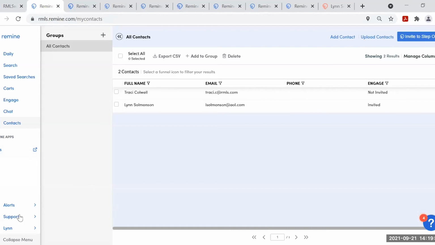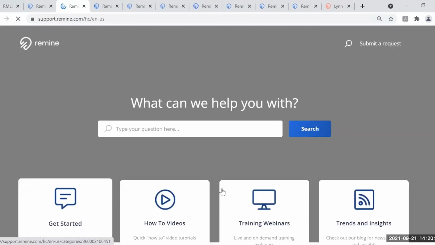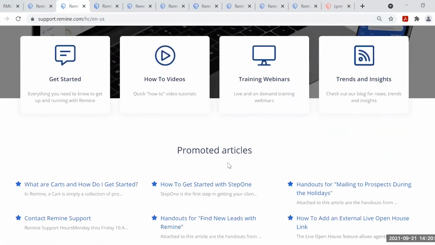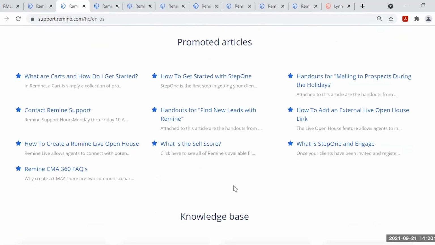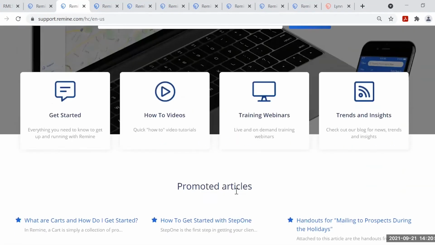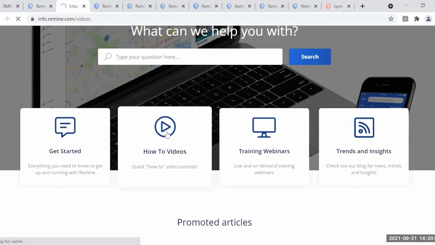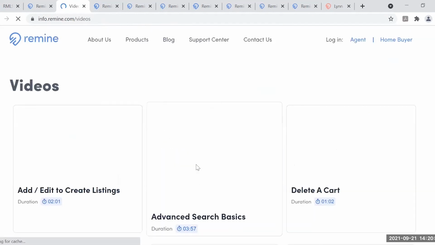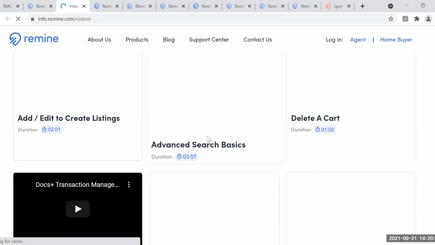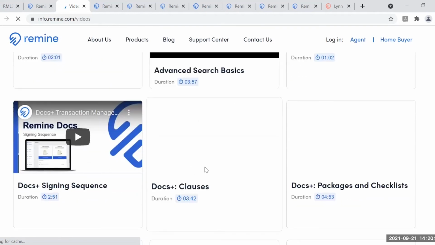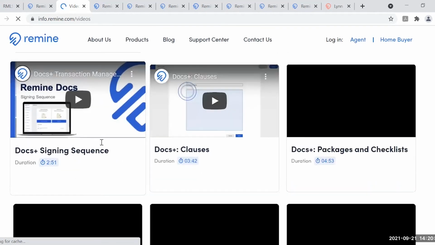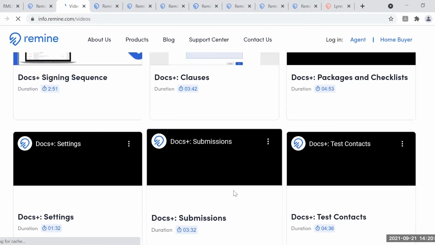And then again, like I said at the beginning, that support center is definitely where you're going to want to go. If there's some piece of this that you want to learn a little more about, their how-to videos are short and sweet. And there's docs and signing sequence if you're interested in that.